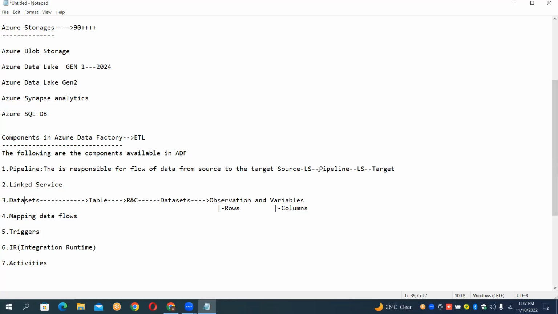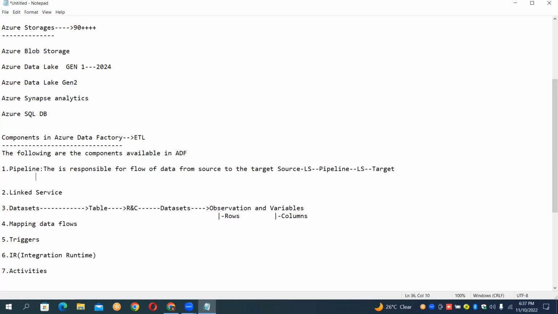So within the pipeline, the data is ultimately recorded in the form of a data set. So within the pipeline, you can store the data in the form of data sets. Now tell me, for each situation, how many data sets do you require? Obviously, one as a source data set and one as a target data set. For every situation of a pipeline, you require two: a source data set and a target data set, that is, source table and target table. Am I right, everyone?